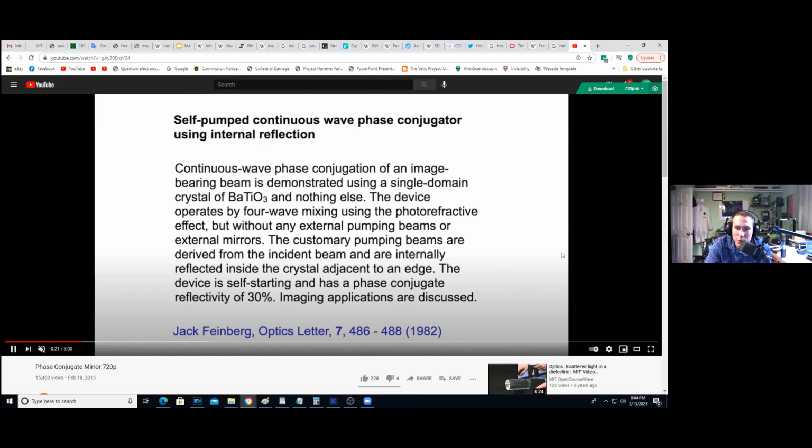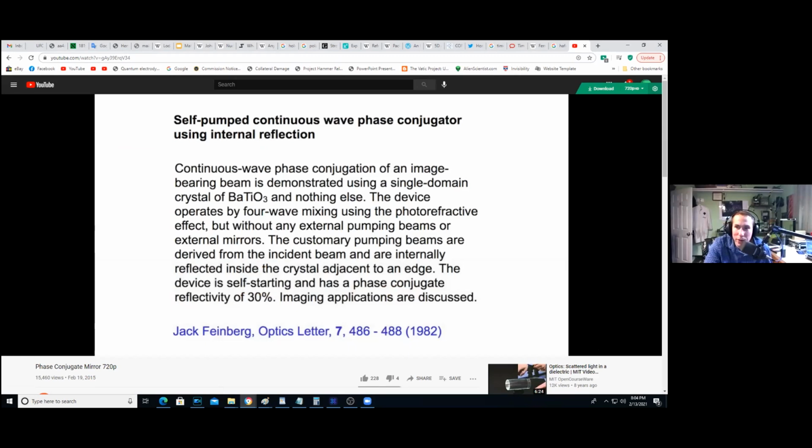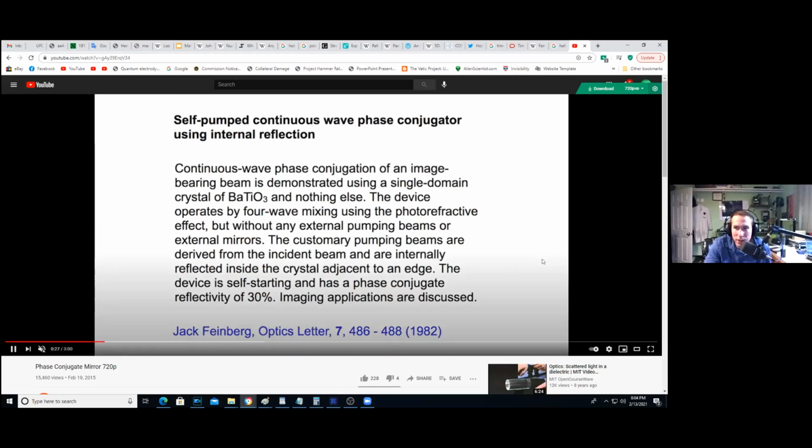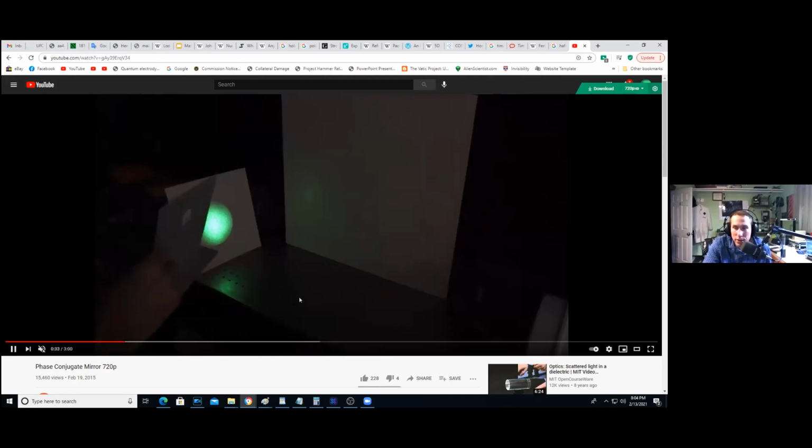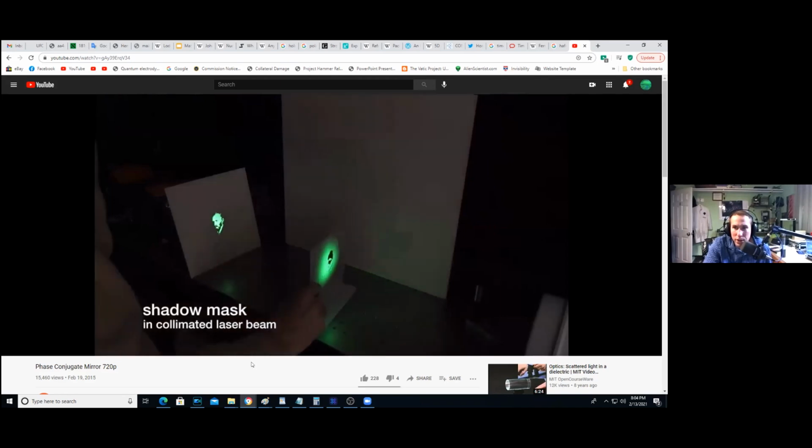But it just goes to show you, little things like that we're not told by the public. They're just like, yeah, it's just a mirror up there. But they wouldn't give you these little details. A lot of these details were classified for many, many years as this research was being done. So it's good that this is all coming out to the public now. So this is optical technology.